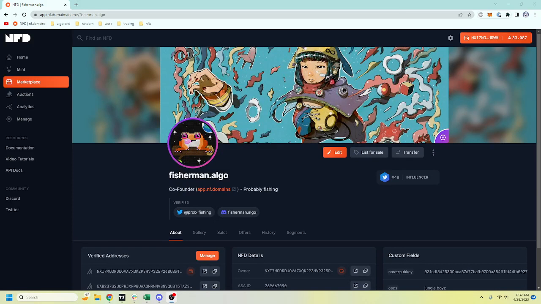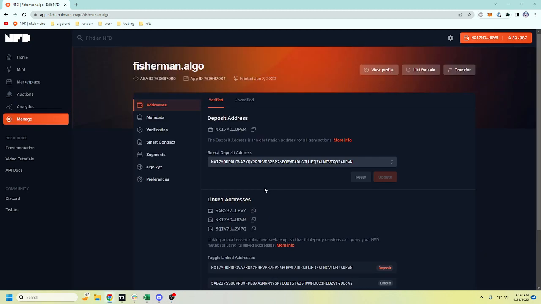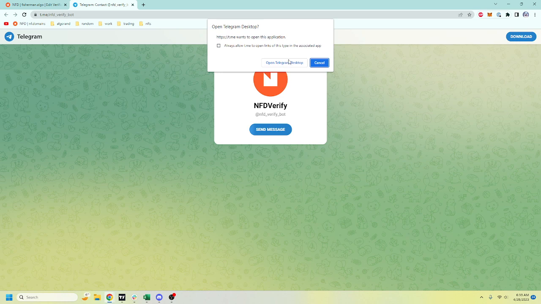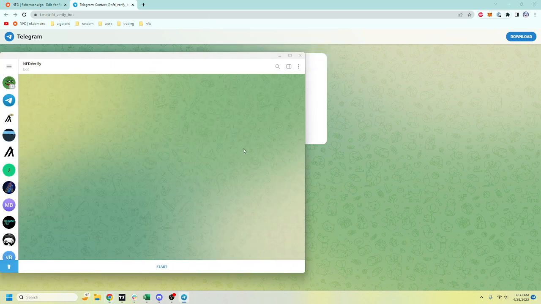Hi everyone, I'm going to show you how to verify your Telegram in 1 minute or less. So the first thing you're going to do is go to Edit, and then you're going to go to Verification, and then you're going to follow the instructions here, and it's going to pop Telegram. I'm just going to open it on my desktop here, and you're going to hit Start,